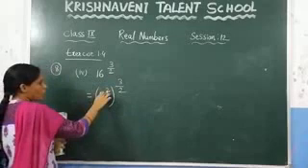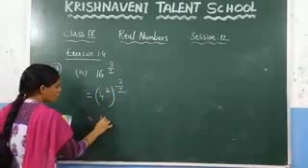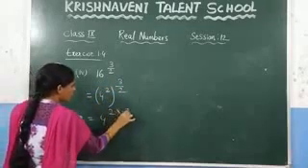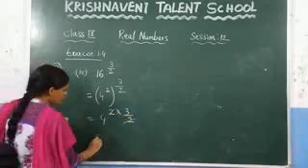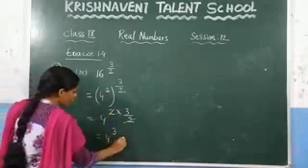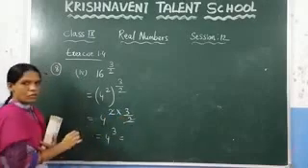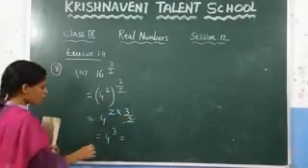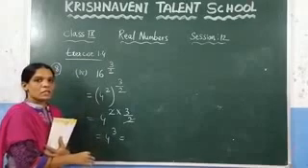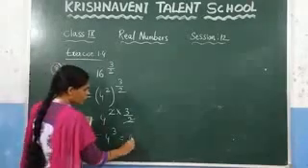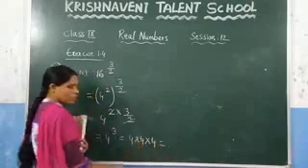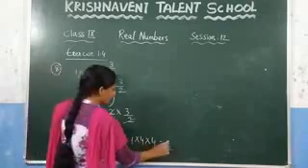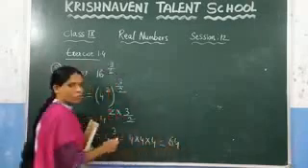It is in the form of a power m whole power n, so we can multiply these values. Again this 2 will get cancelled. What is left out here? 4 cube, since 2 into 3 by 2 is 3. What is the value of 4 cube? You have to multiply 4 three times: 4 into 4 into 4. What is the value of 4 into 4? Which is 16. And 16 into 4 is 64.